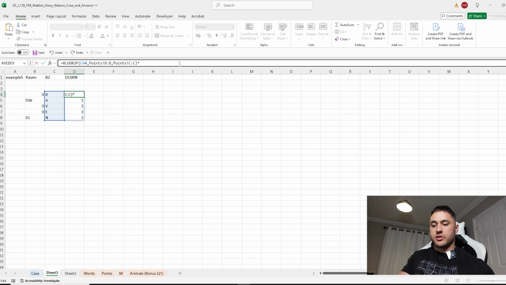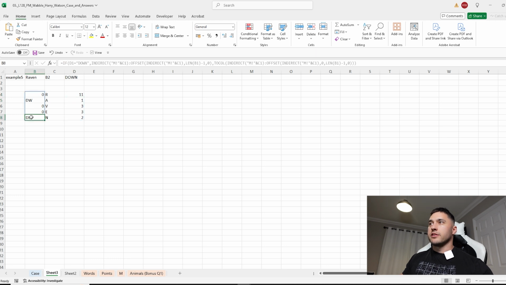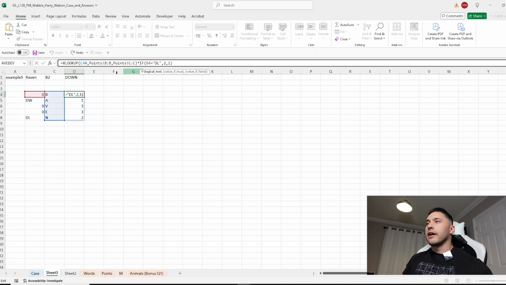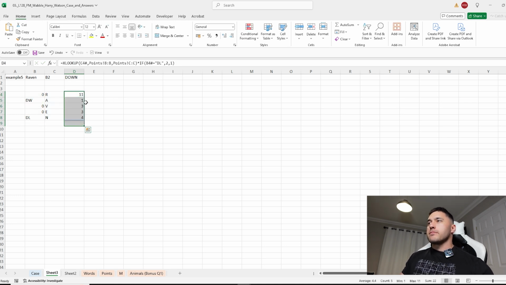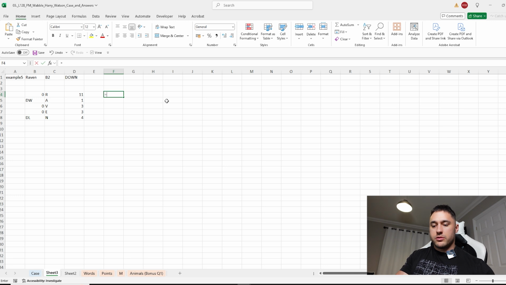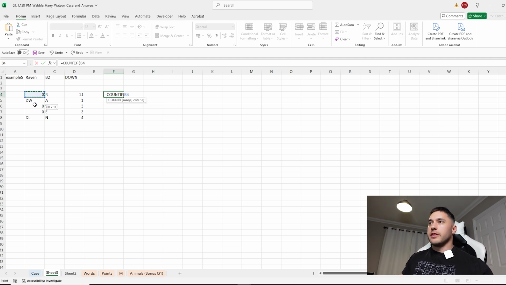So times if this equals double letter, then 2, otherwise 1. So we can see this is a double letter, so it should times by 2. Oh, I haven't dragged this array down. There we go. Okay, then finally I want to do count if this says double word,